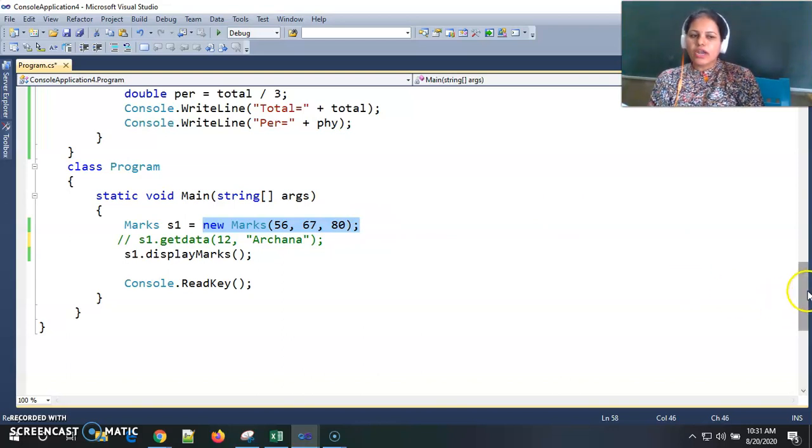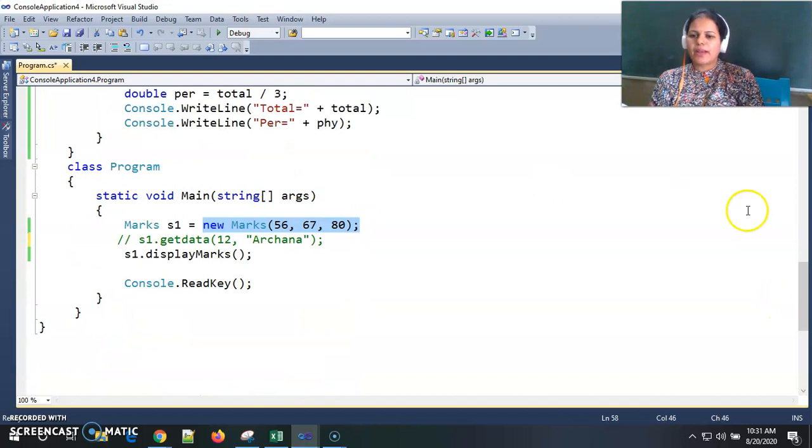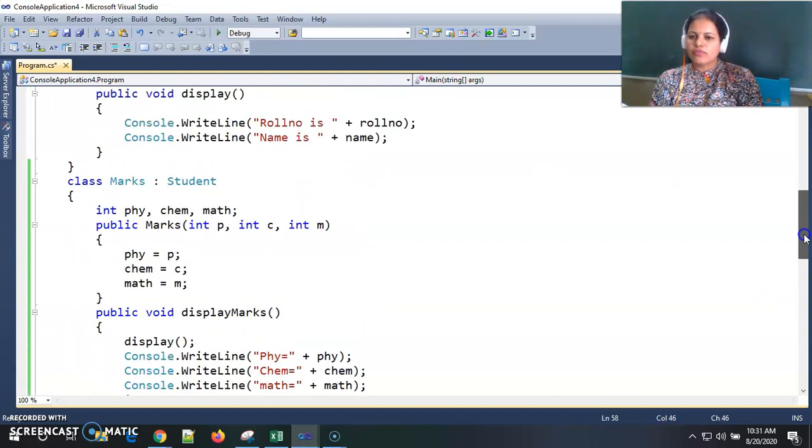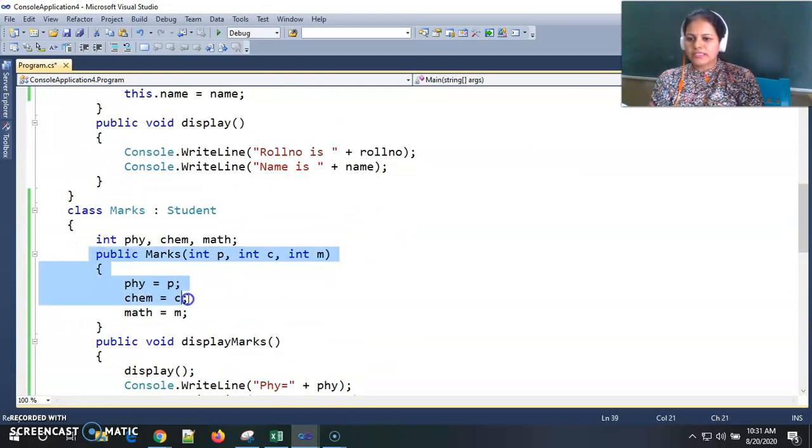And after calling the base constructor, control goes to the parameterized constructor of our marks class, and by using it, values will be assigned in that particular object.